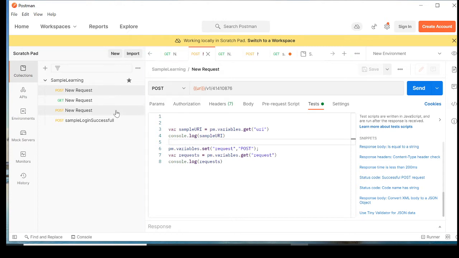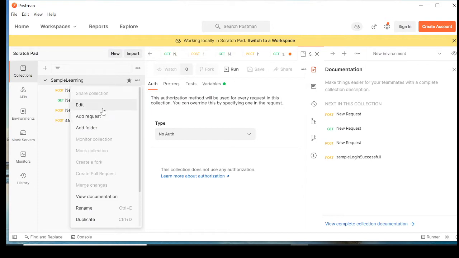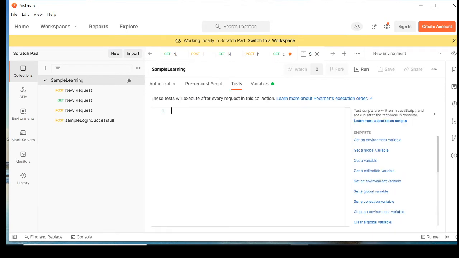So where are these three places we can create? First is our collection level. You go to this particular stuff, edit, and when you click on edit, you see pre-request script and test. Over here you can create them. Though we have not created any folder, you can also create a folder over here. Suppose we have three post requests, you can keep them in a post folder, and keep get requests in a get folder, and you can create tests at the folder level as well. Another place you can create is the particular service level.